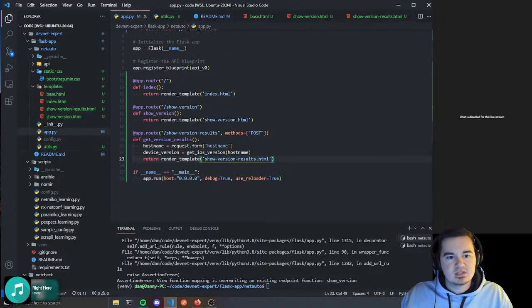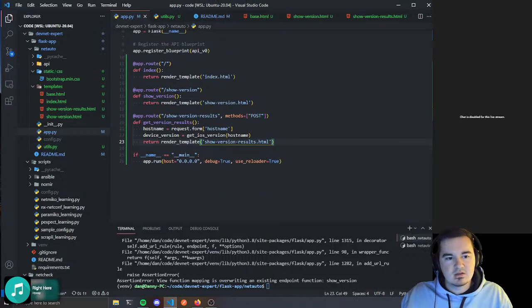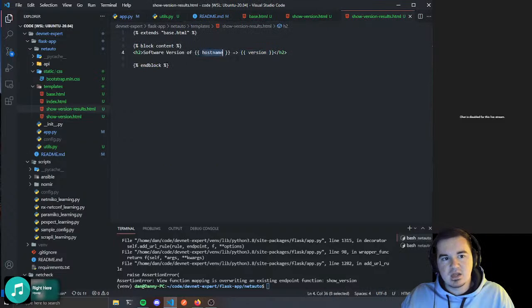So now let's take a look. We're grabbing the hostname. We are gathering the software version from the device in real time. And then we're returning the template. Now the issue is, unlike these other templates, we actually have dynamic data we want to put in. If you see here, we need a hostname and a version. So if we go over to here,